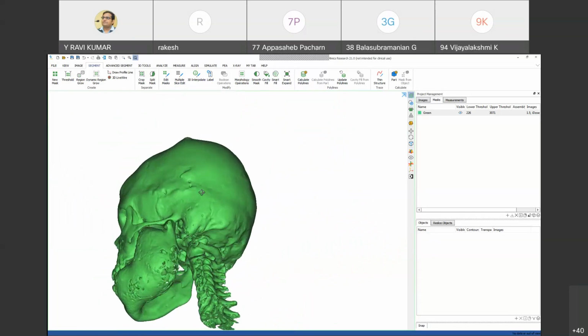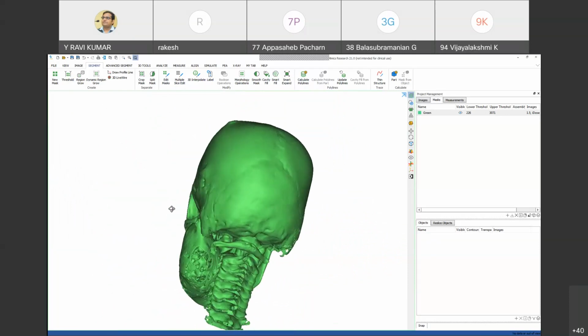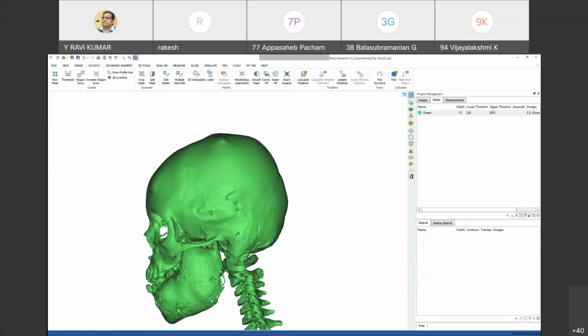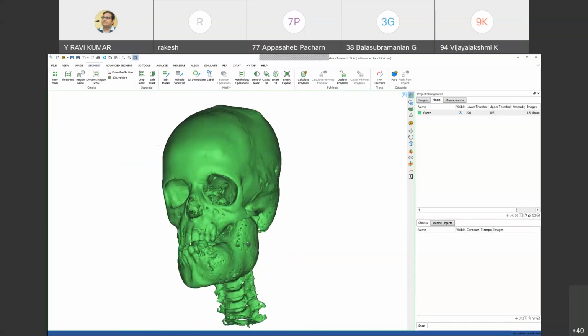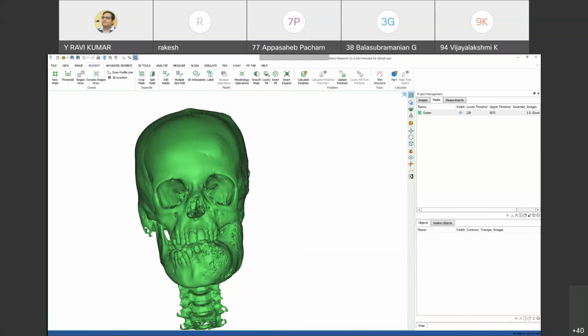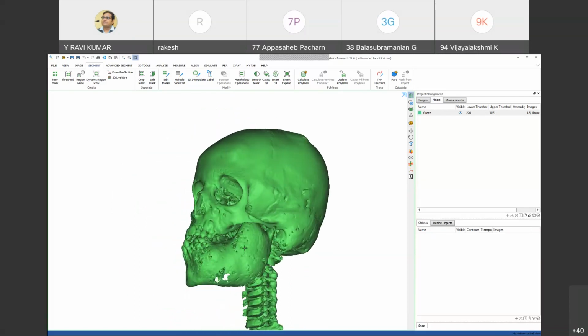Now you can see how everything is connected. We are focusing on the mandible because the tissue was damaged on the mandible. So we need to construct an implant, a template guide to fix this.